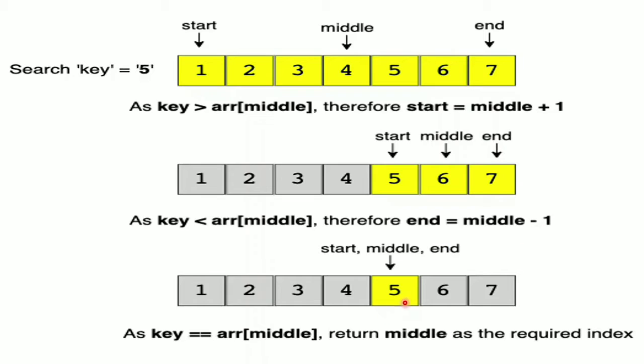So now we are left with only 5. And now we will check whether our middle value is the same as the search key. Yes, it is the same as the search key. Then we will stop there and return true. In this way, binary search works. Actually, it discards the values that are not needed, so it is much faster.